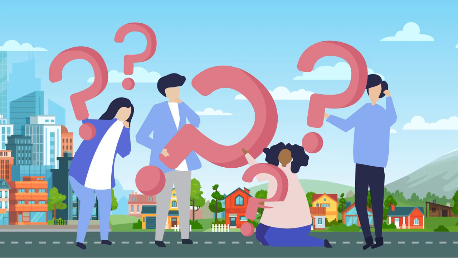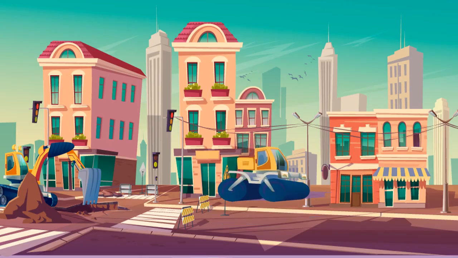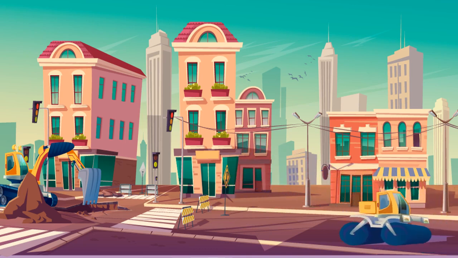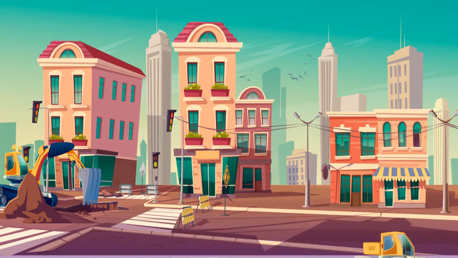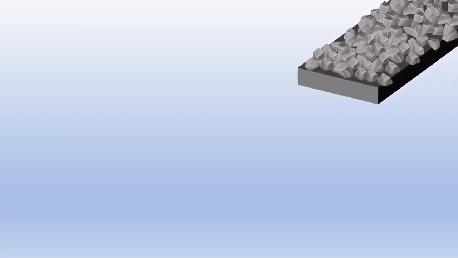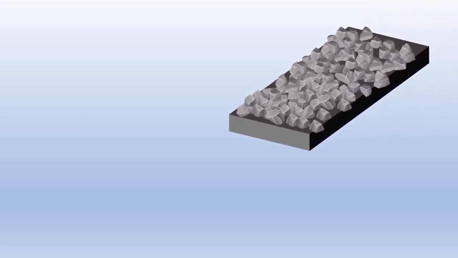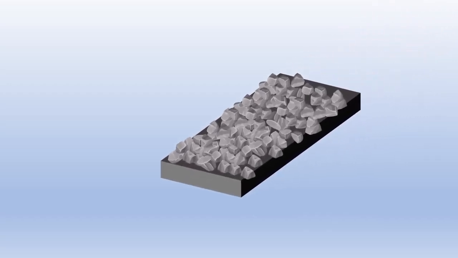How could I help? First, we need to talk about pavements, since its texture can increase or reduce both noise and accident rates. Usually, pavements are constructed with two main goals: withstand traffic and last as long as possible. But we also should design roads thinking about the pavement texture. When we mix the natural aggregate with the bitumen, we have an asphalt pavement. Its texture will depend on the aggregate size, shape, and so on, but we have little control on the natural aggregate characteristics. Also, using natural aggregates is not exactly environmentally friendly.